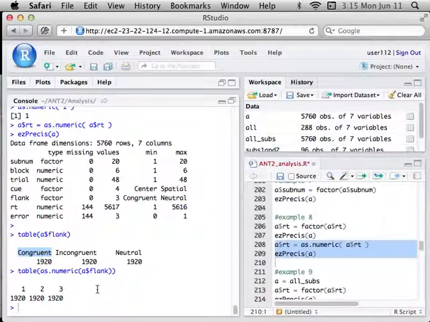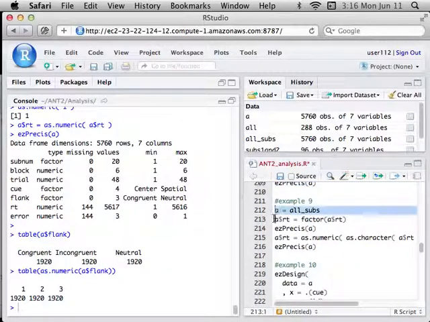So in the context of RT, when I turned it into a factor, it went through, gave every number a level and took the value of the number and assigned that as the label. And when we tried to turn it back into numbers, it ignored the label, which is the actual number, the RT that we want, and just grabbed the level number. So you're going to get the numbers 1 through however many unique levels you have. So what you have to do instead,